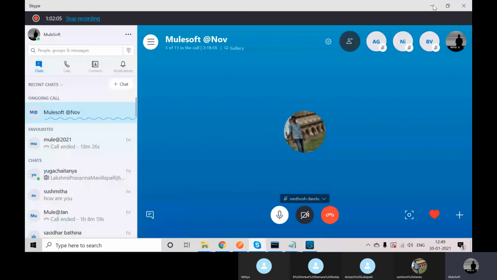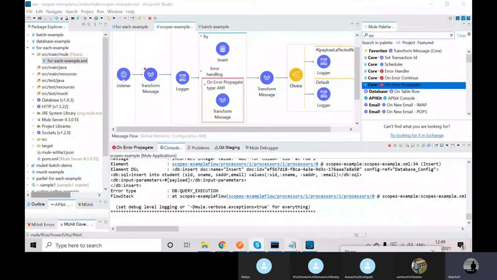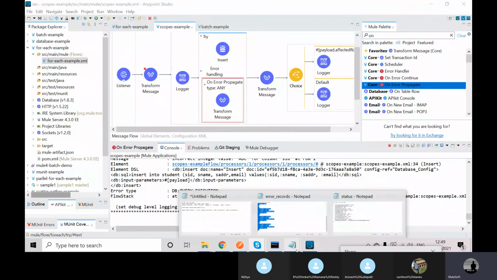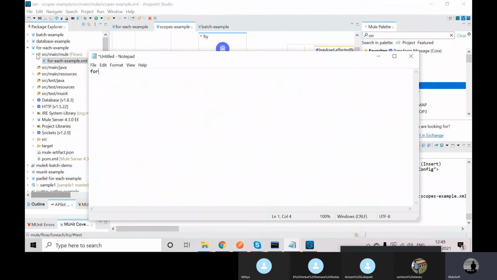In this way, I'll explain one more time in a simple way. I'll tell you about the for each, the parallel for each, and batch; these 3 things I'll explain. So the for each simply executes in a single thread. If you get any error in one thread, it will stop the remaining. Means if you get an error in the third record, it will stop the remaining 27 records. Totally, if you are processing 30 records, it will stop the remaining 27 records' execution.